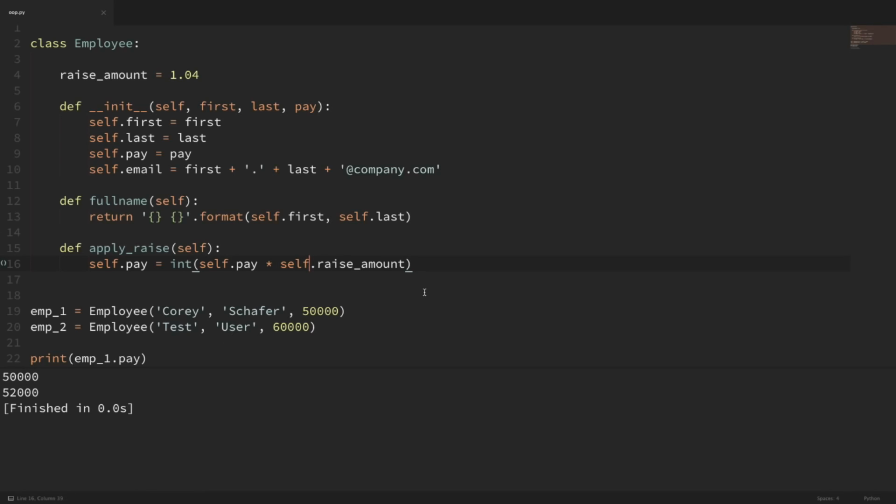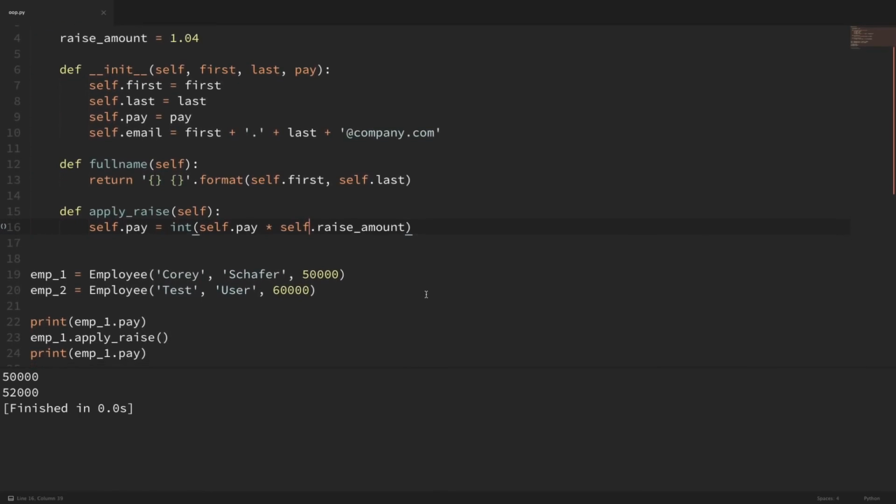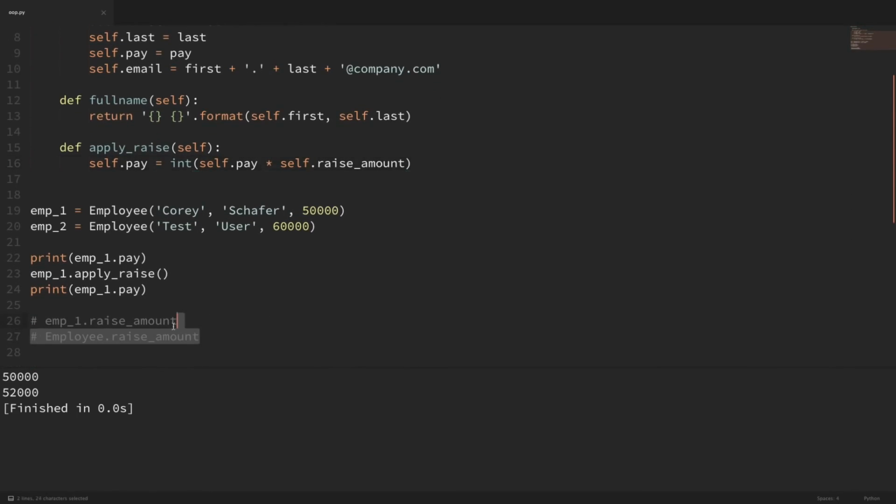Now that might be a little confusing to you because if these are class variables, then why can we access them from our instance? So let me print out a few lines here to get a better idea of what's going on. So I'm going to go ahead and remove all of these lines here. Actually, I'm going to keep this. And I'm going to print out the employee1.raise_amount.